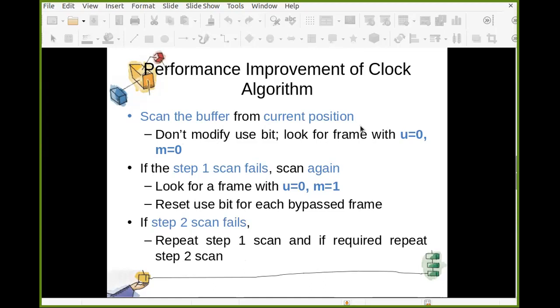If that is also not found, try again to find U equal to 0, M equal to 1. So repeat step 1 and 2. If the second step fails, repeat step 1 and 2 again, and you will surely find some frame, because the use bit must have been set to 0 in the second step.